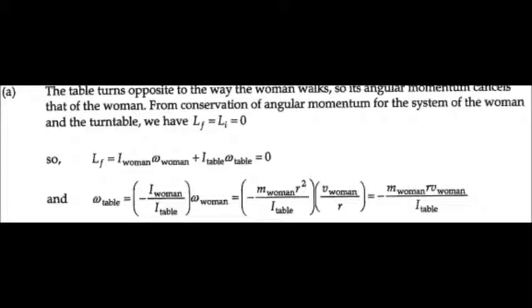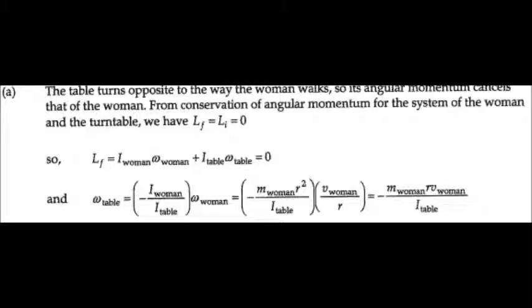So we get that the final angular momentum is equal to the moment of inertia of the woman times the angular velocity of the woman plus the moment of inertia of the table times the angular velocity of the table, which is equal to 0. And the angular velocity of the table is equal to negative the moment of inertia of the woman over the moment of inertia of the table times the angular velocity of the woman. Doing more simplification,